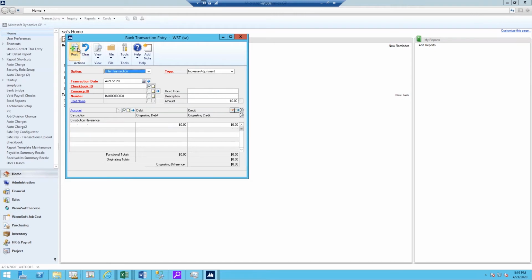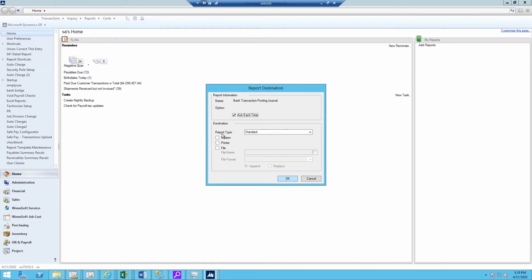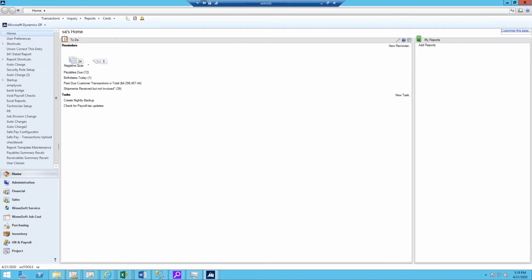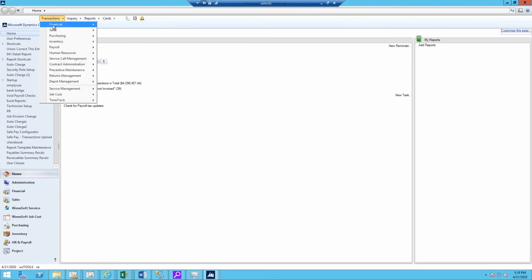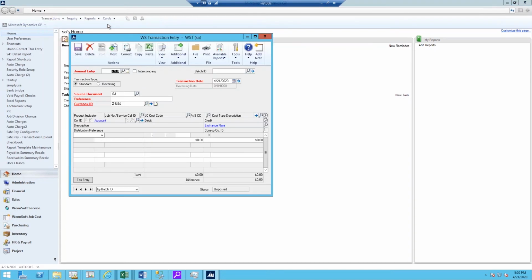Okay, now I'm going to post that through, close out of that, and guess what? My bank's updated, my GL's updated, everybody is perfectly happy. Was that not a fun thing to do? Let's go ahead, and here I'm going to do a decrease just so you can see the decrease run too,